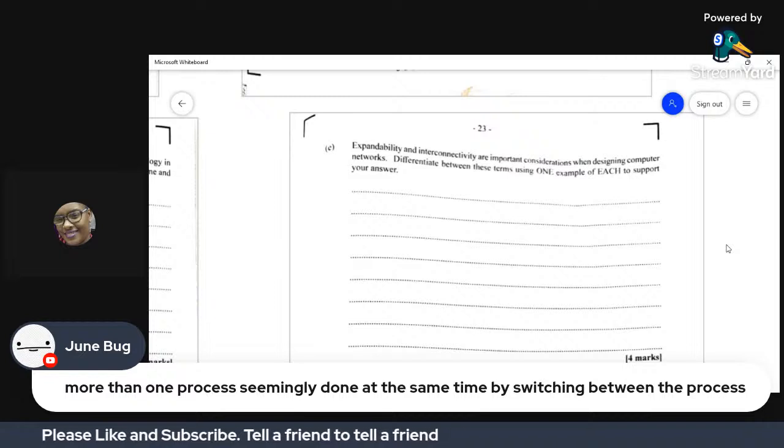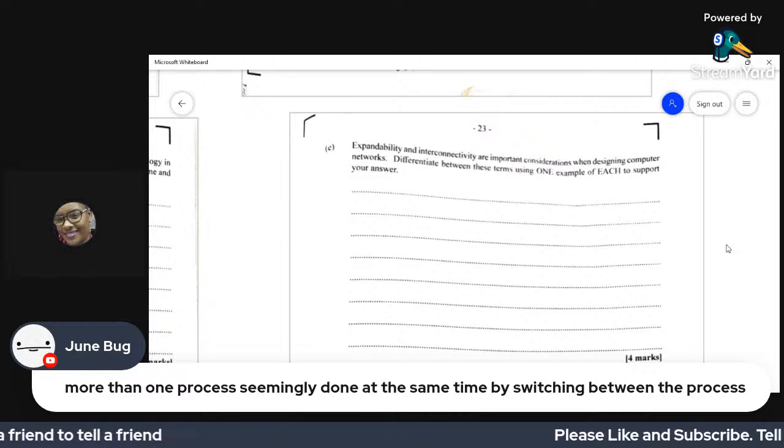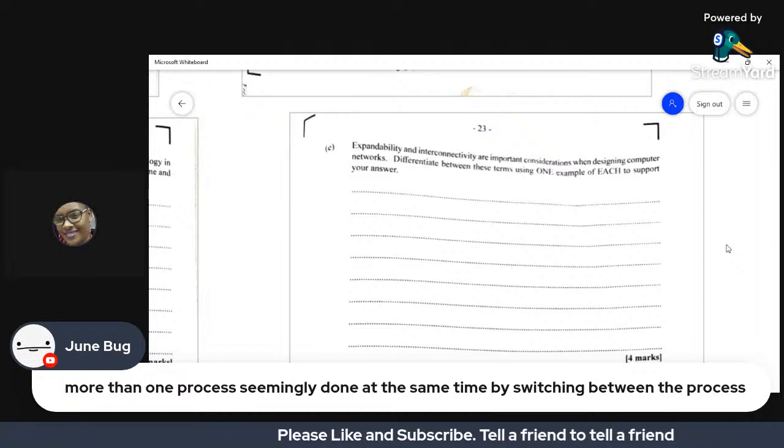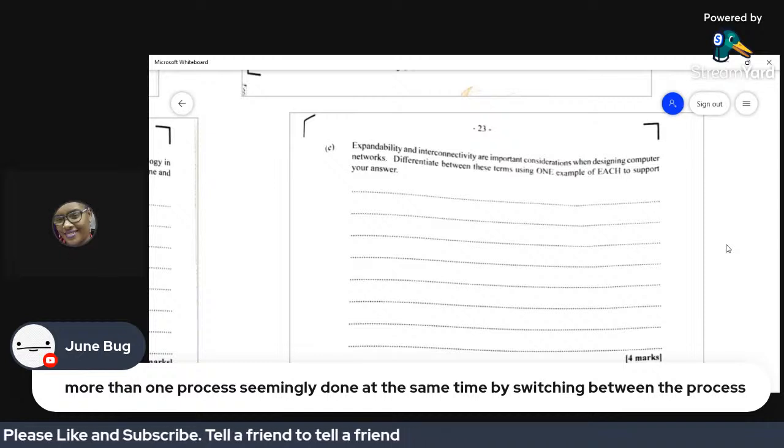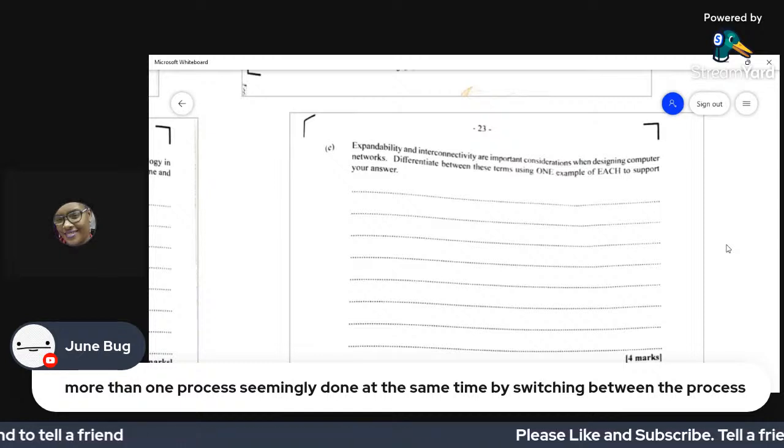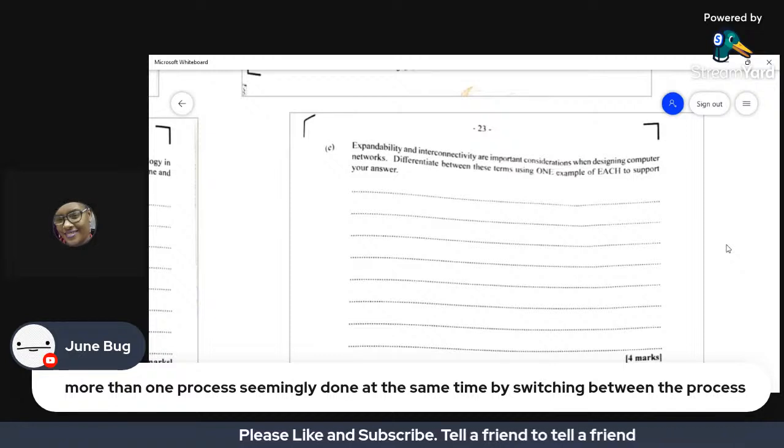Example, let's say, for instance, you have a particular intranet where persons within the organization can access company information, right? So this particular network would be like a local area network.